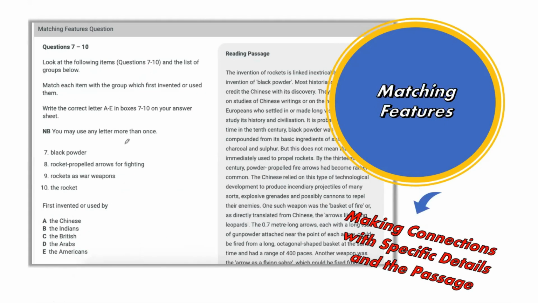Now again, for our third matching, we have matching features. You have your reading passage on the right-hand side here. And in this case, you need to make connections with very specific details in the passage. And it's very specific. So for example, our answer options A through E would answer 7 through 10. So we'd have to see, for example, which group used black powder, rocket-propelled arrows, and we would scan for this